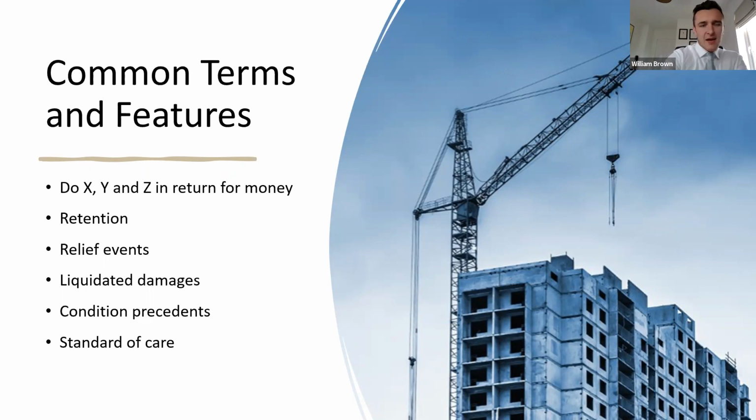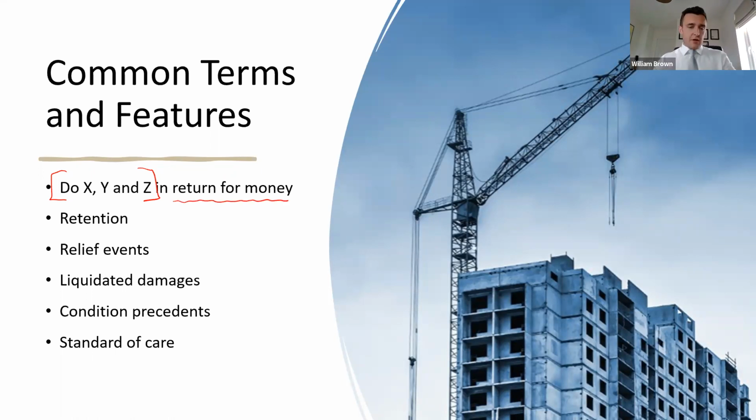So as I said at the beginning, the agreement itself is usually quite straightforward at its core. All of the other obligations that go alongside that are peripheral. At its core, a construction contract is actually quite straightforward. It is an agreement for the contractor or consultant to do X, Y, and Z in return for money. So if you are reviewing a construction contract, making sure you understand what that X, Y, Z is, making sure that you review the scope or the works information if it's under an NEC 4, the employer's requirements if it's under the public works or if it's under JCT, making sure you understand the core of the agreement is of the utmost importance. And then obviously in return for money.